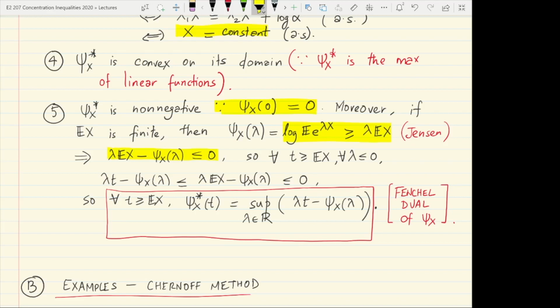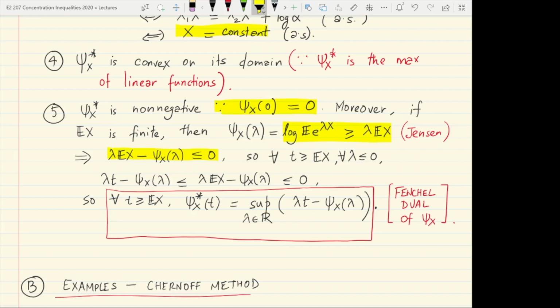And so for every t that is larger than or equal to expected value of x, and for every lambda less than or equal to 0, okay, recall that in the definition of Cx star we only took lambda greater than or equal to 0, but what happens if you take a lambda less than or equal to 0? If you take t larger than the mean and lambda negative, what happens is that lambda t minus Cx of lambda turns out to be upper bounded by lambda expected value of x minus Cx of lambda, and we know that this is less than or equal to 0 by Jensen. So the upshot of this is that for any t larger than the mean, the Kramer transform of the random variable at t